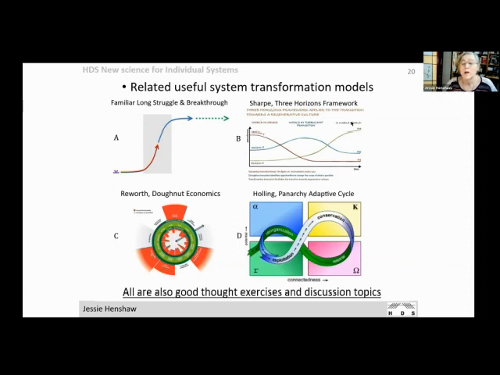Then there's the Three Horizons framework, which is one horizon to break down the old system that you need to replace, another for building the new system that needs to become, and then the transformation, they're in between transformation efforts. So any global transformation, I think, needs to be thought through for all these different kinds of models. This third model is Kate Raworth's donut economics of seeing a system as